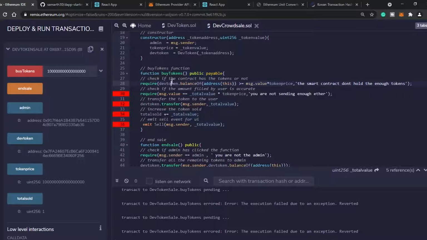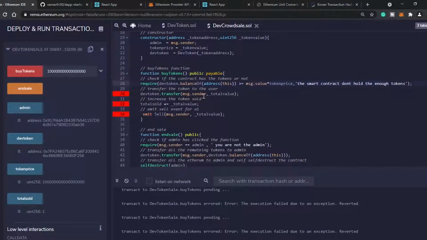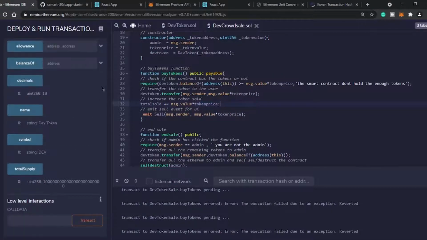Okay, so if we understand this logic, it means that if I send 0.1 ETH and the token price is 100, so 10 tokens. So contract must have greater than or equal to 10 tokens. I am removing this logic because there is no sense in this. And total value. So what is the total value that is sent? So total value will be this, add this, and add this. So that's the contract. So what I'll do is I'll just cross it,